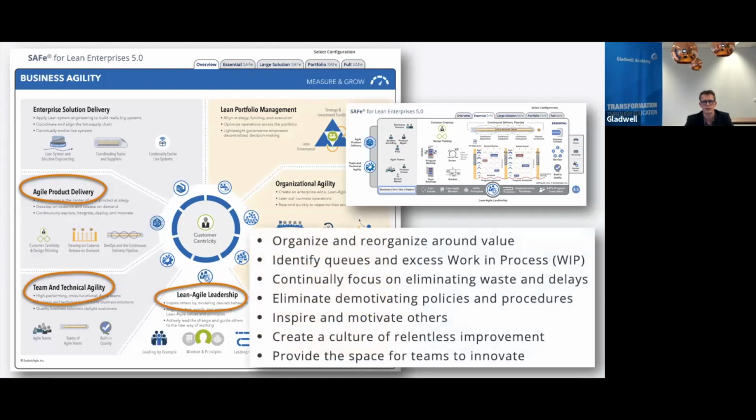Then for leadership, there are 3 dimensions there. As you can see, for all the competencies, there are 3 dimensions. So we have in total 21 dimensions. In Lean Agile leadership, it's about leading by example, the mindset and principles, and leading the change. I want to talk a little bit about leadership and Lean Agile leadership, how it's meant to be. So if you go to the Scaled Agile website, you would find this list.